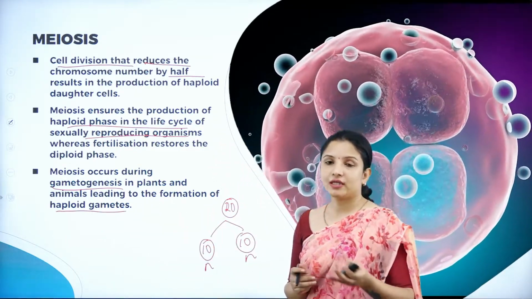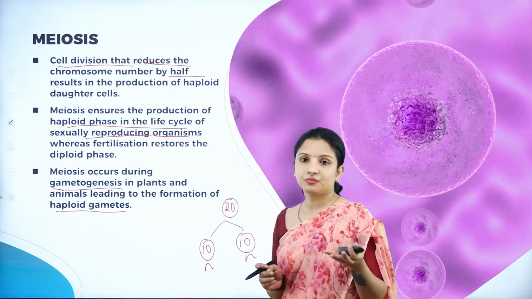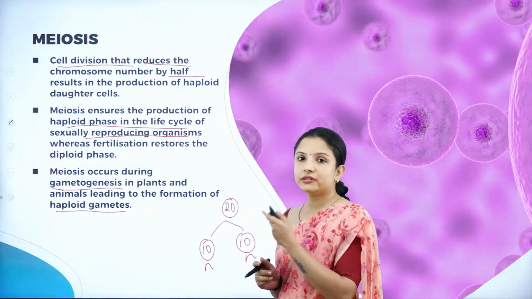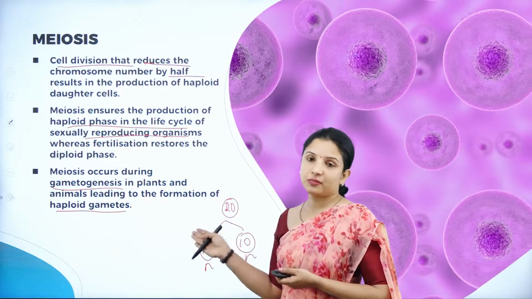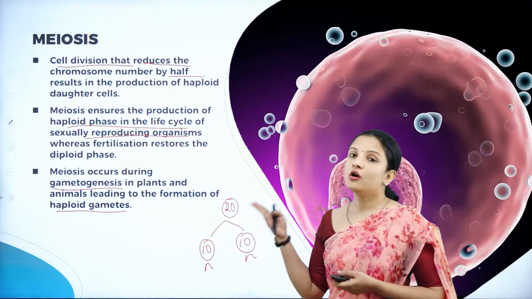I gave you the example of the sperm and the ova and also the pollen grain. So for all these to form during gametogenesis, this type of cell division, the reduction